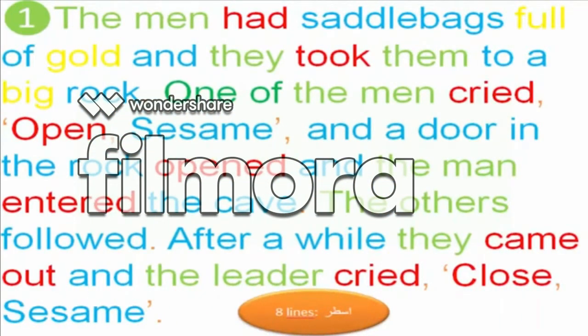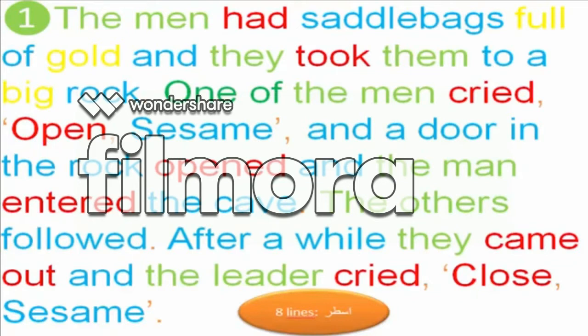This is the first passage. The men had saddlebags full of gold and they took them to Big Rock. The men, notice here this is a plural, الرجال. The plural of man: the singular is man, and the E turns to be A in the plural. It is pronounced man, singular. Here the men, الرجال. Had is the verb to have. In the past it becomes had because this is irregular. The men had كان لدى الرجال